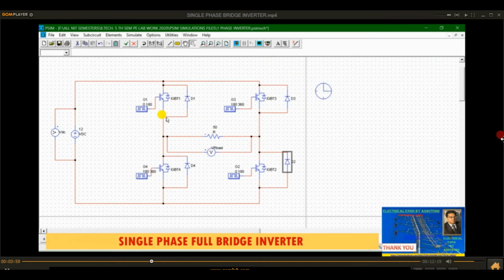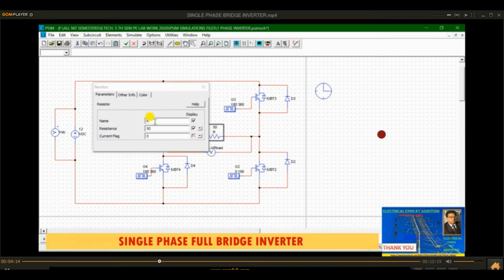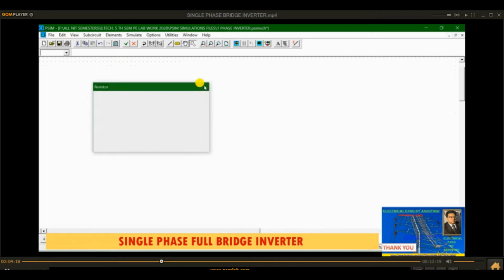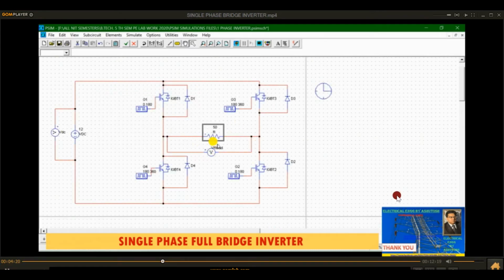Basically I have presented here the power circuit diagram of a single phase full bridge inverter, and I have taken a pure resistive load at the output. As you can see, I have taken 50 ohm resistance, and then a voltage probe is there for measurement